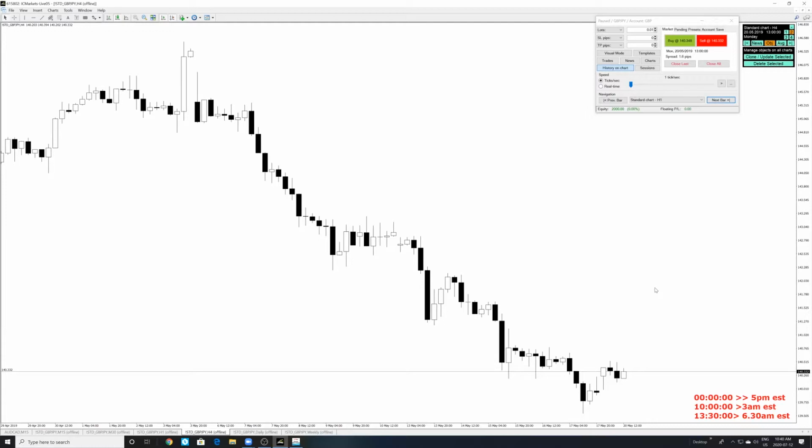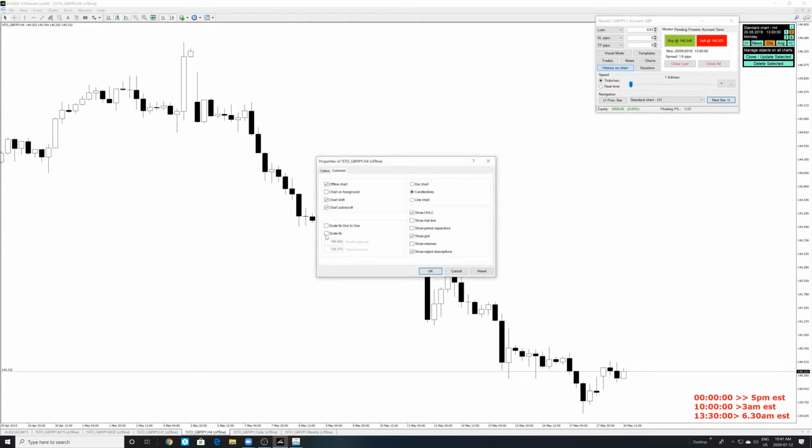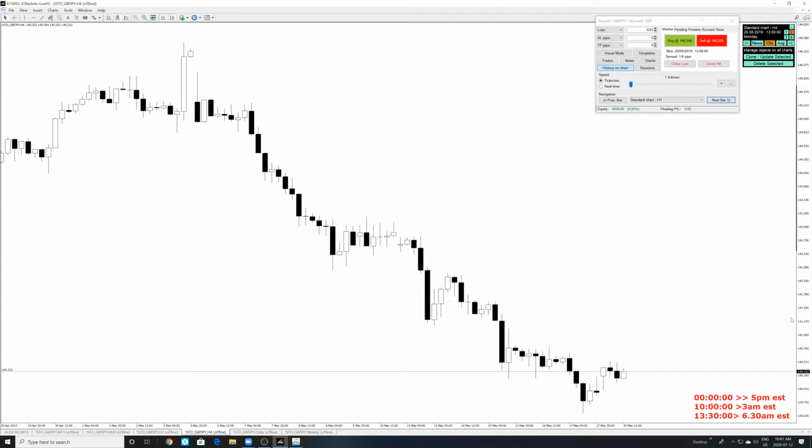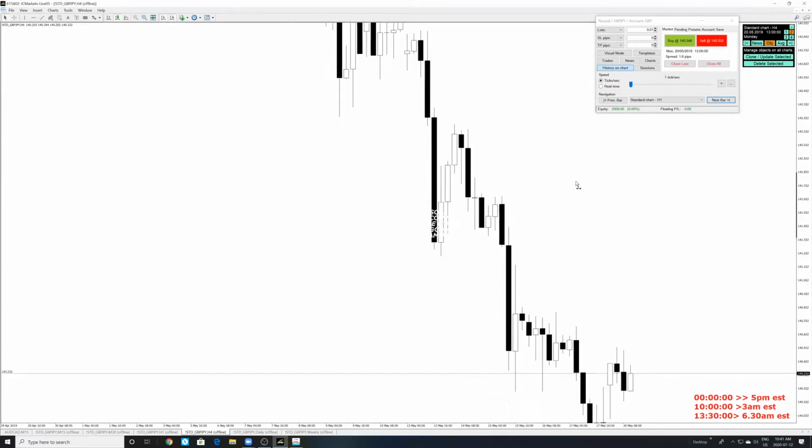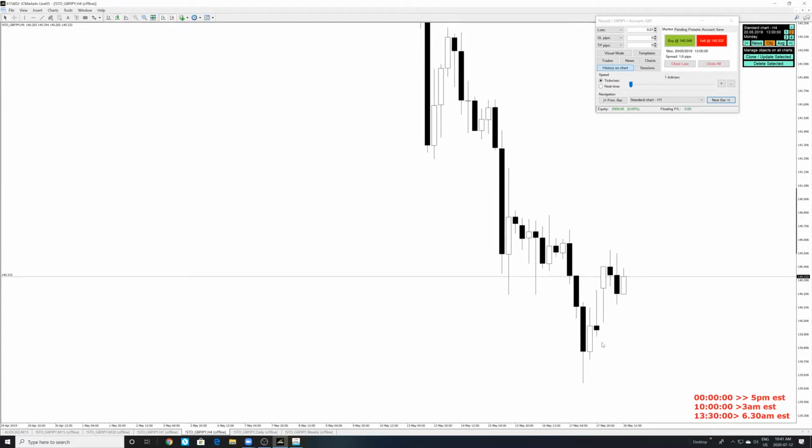Let's take a look at the 4-hour now. Let's zoom in here on the 4-hour. Let me just scale this as well. I'm going to go to scale fix and scale it like this. All right, perfect. When we look at the 4-hour, it seems like it created a resistance right here, and some sort of support down over here. So basically, we're just ranging in this 4-hour time frame, right?